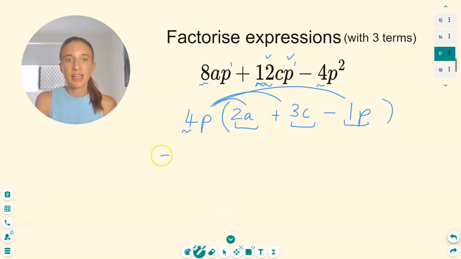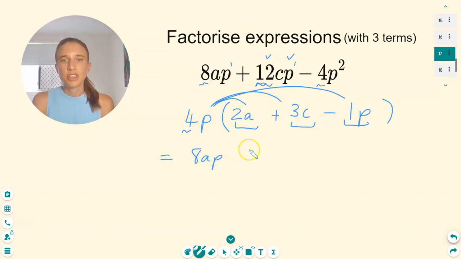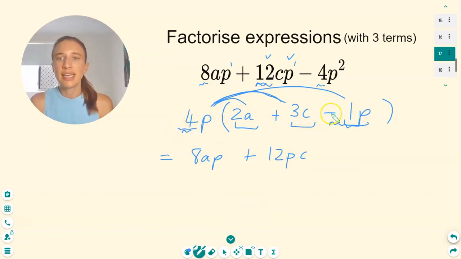You can feel free to check that at home. Check it multiplies out. Actually, we'll do it here because it's a bit new. So 4 times 2 is 8. P times A is just AP. Put it in alphabetical order. Check your next one multiplying out. Your crab claw has 3 prongs this time. 4 times 3 is 12. P times C, PC. So take the sign out the front. 4 times -1 is